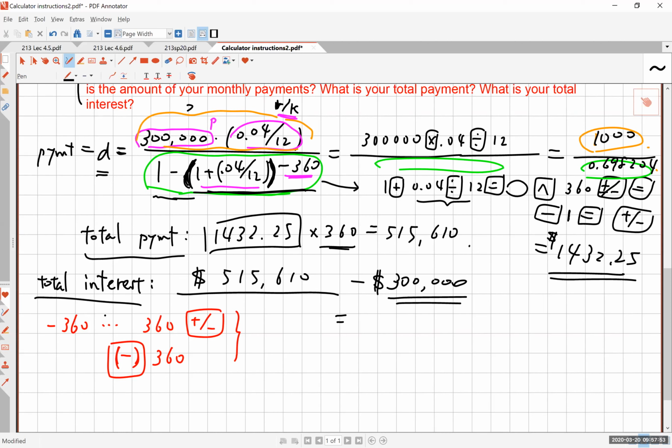Okay, so if you are to answer the question what the total interest is, then you subtract the amount of the loan from the total payment, and the answer here will be $215,610. What is that? That's your overpayment. This is basically your token of appreciation for the bank or whoever is lending you the money, saying, hey, thank you for allowing me to move into this house now, even though I can't afford it, but I will promise to pay back at the end of the next 30